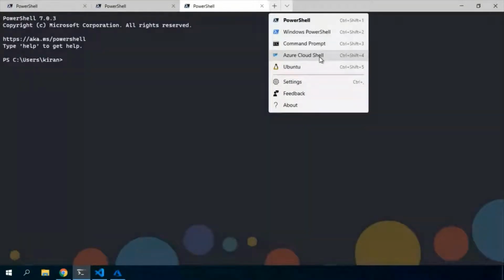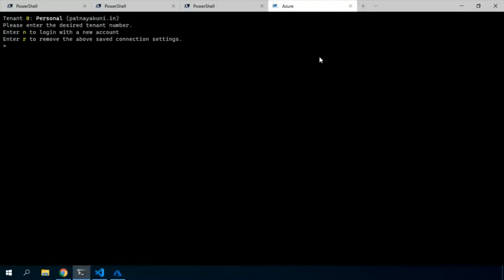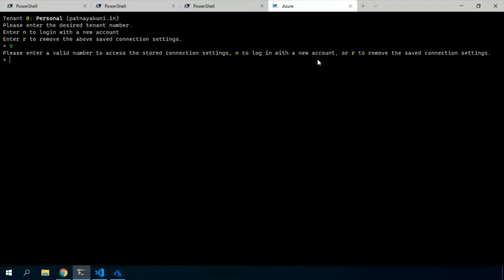And if you see here, there's an inbuilt Azure Cloud Shell tab inside the tabs list. Since I've already logged in, it is just asking me to select the credentials. Right, so once you are logged in, you can connect to your Cloud Shell.